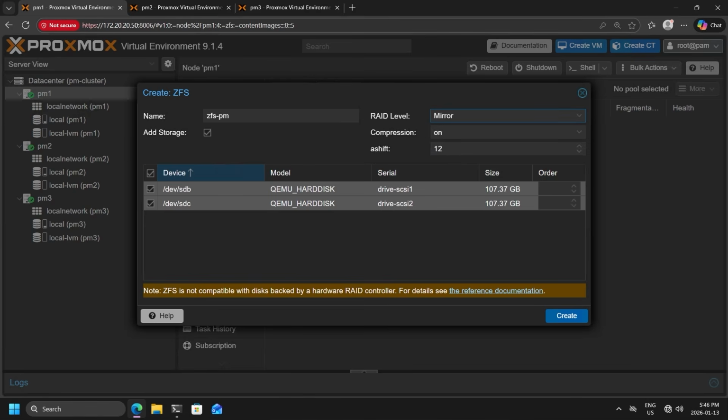Because I have two 100 gigabyte storage media with mirroring, or RAID 1, I will only have 100 gigabytes of storage. For compression, I will choose LZ4, a fast, lightweight compression used mainly with ZFS to reduce disk usage while keeping really good performance. It can compress your data on the fly and save space with minimal CPU impact, so this is perfect